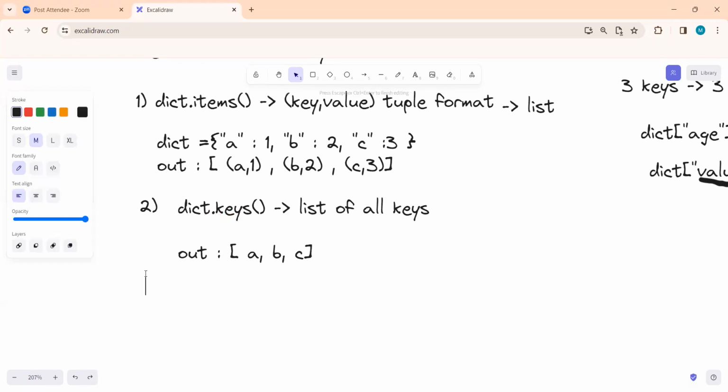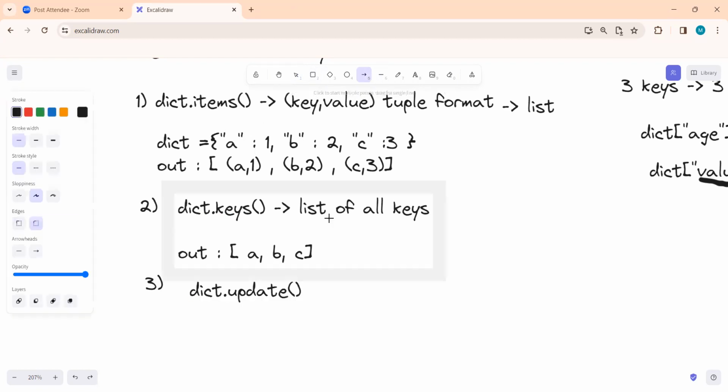In this way, the keys function is going to work. And the third function in dictionary is update. What is the update going to do? It updates the dictionary with supplied key-value pairs. When you write a particular key-value pair inside the update function, it will add that pair to the dictionary. Meaning, when I write dict dot update function,